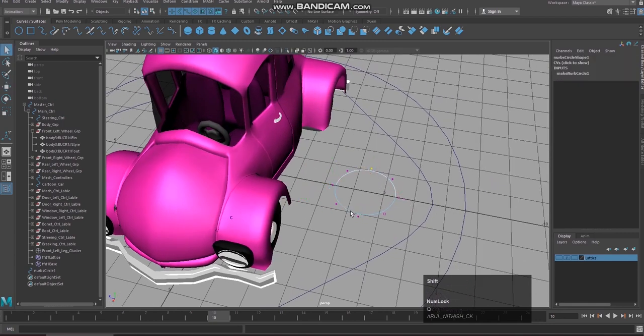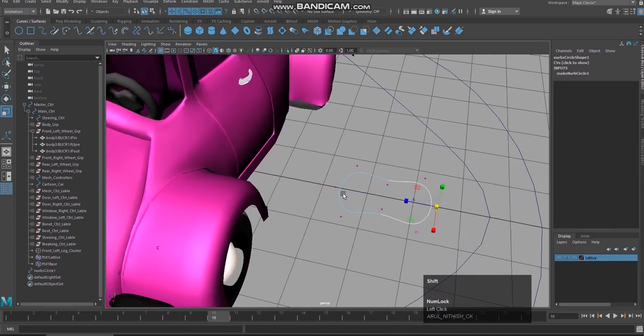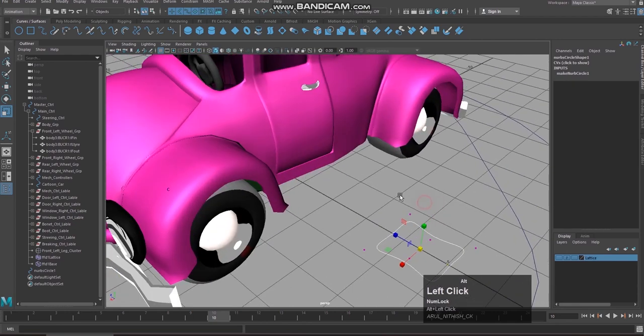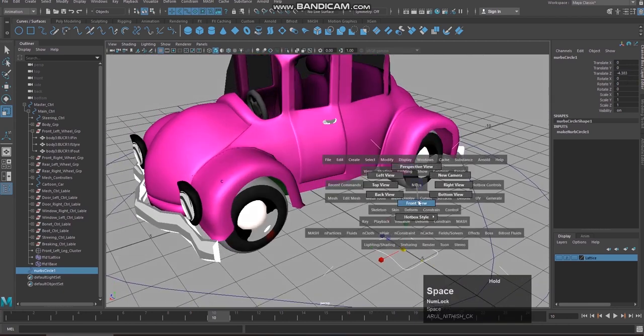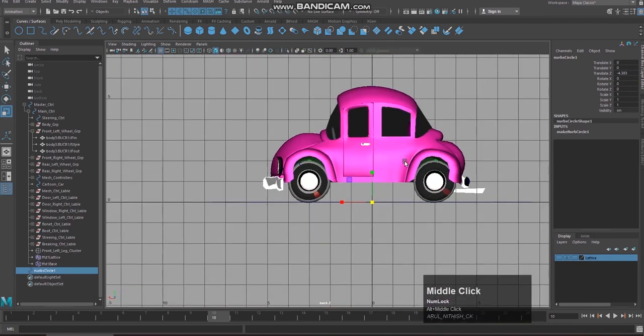All right. I'm going to come to the back view, and I'm rotating this.